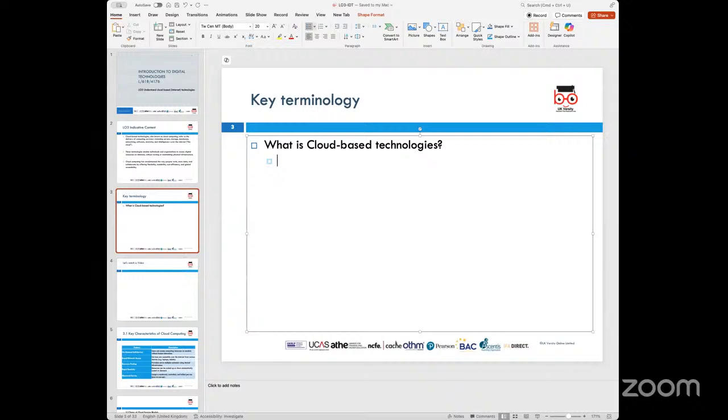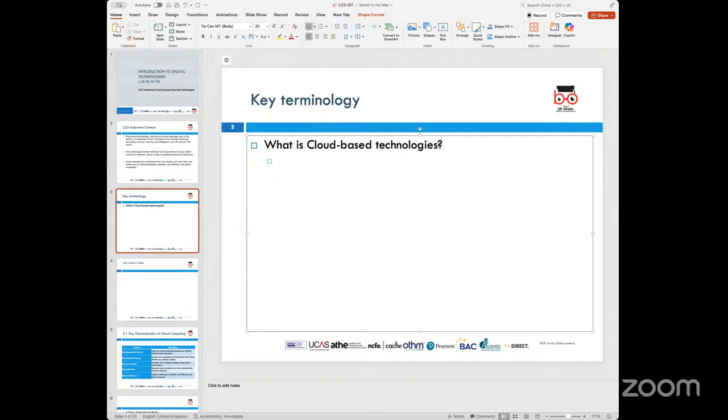That means they are running on the internet, with your screen or display essentially getting the output, rather than you having to install, run, and maintain these physical resources, hardware, and infrastructure on the same premises. So cloud-based technologies refer to services and resources that are delivered over the internet rather than relying on local physical infrastructure and hardware to run those applications. Now, these technologies enable users and businesses to use, access, and share computing power and storage.